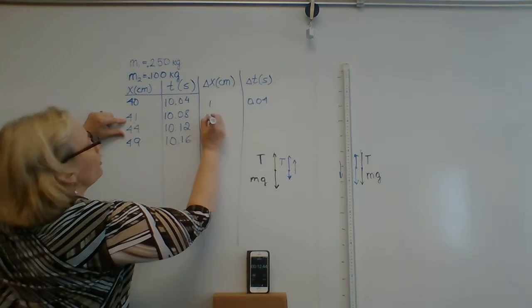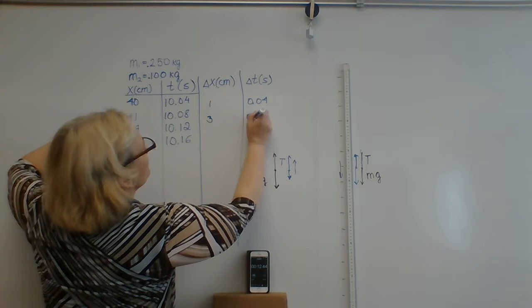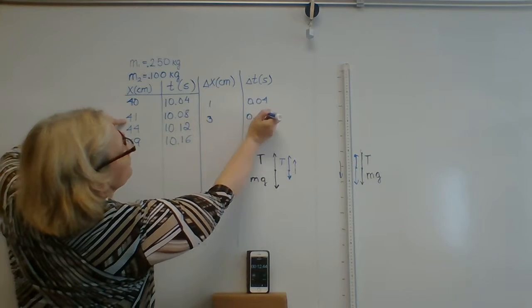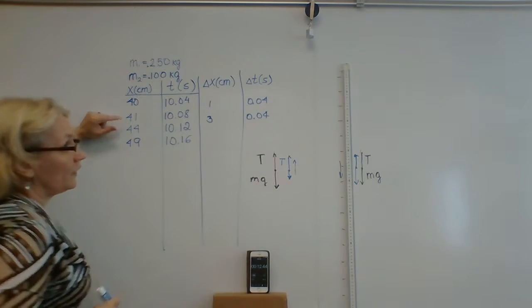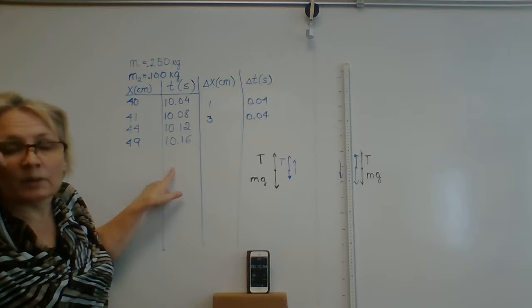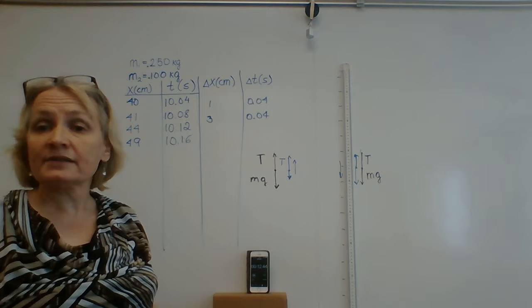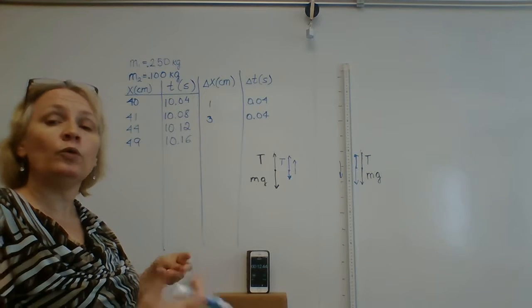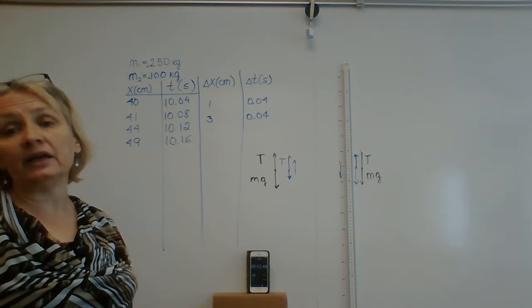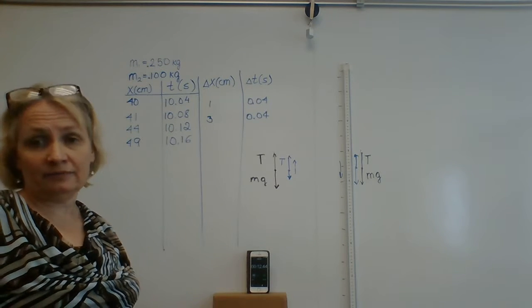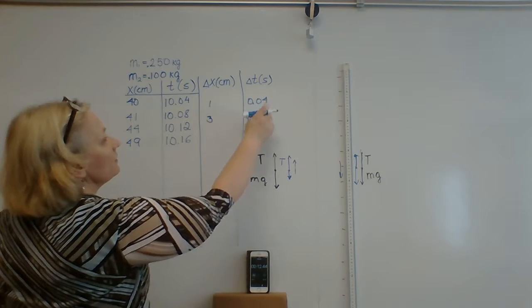Next time I will go 3, right? And it will be 0.04 again. Well, since I'm making up those numbers, I'm trying to make it equal intervals. Chances are when you stop the frame or fast forward the frame, you will get not equal intervals, and it's okay. Because next thing that you will do after you measure your